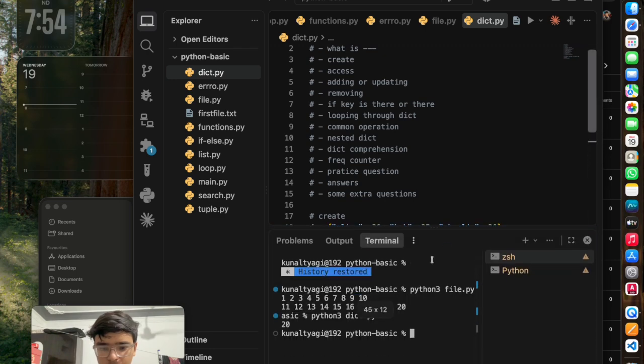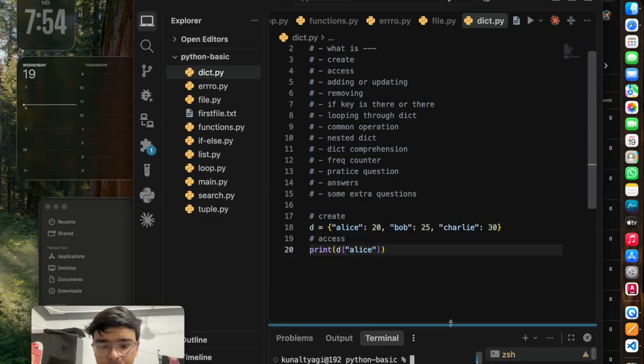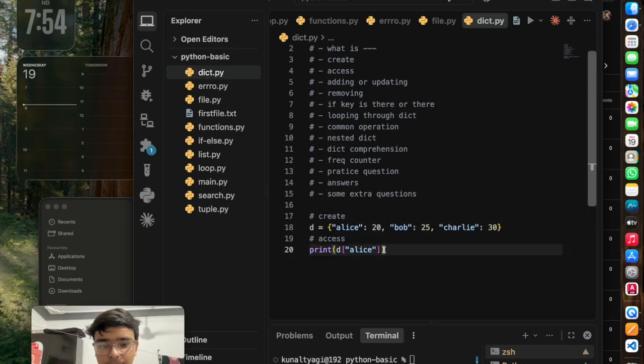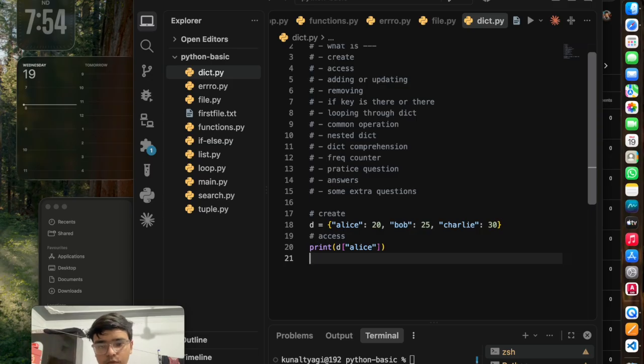Now let's just see in the terminal. Here you can see 20. This is our value, so it will return your value once you give it some key. So now we know about access. You can practice access with different things as well.